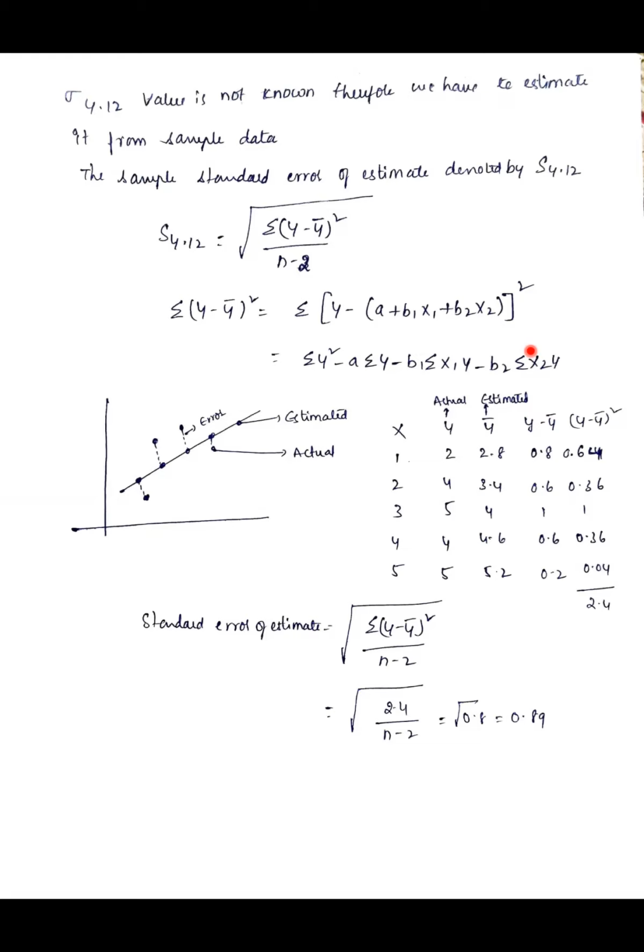See, in this graph, there is a straight line that you will call the regression line. The dots present on this regression line are the estimated values, and the values scattered away from this regression line are the actual values. The relationship between the actual and the estimated values gives the errors here.